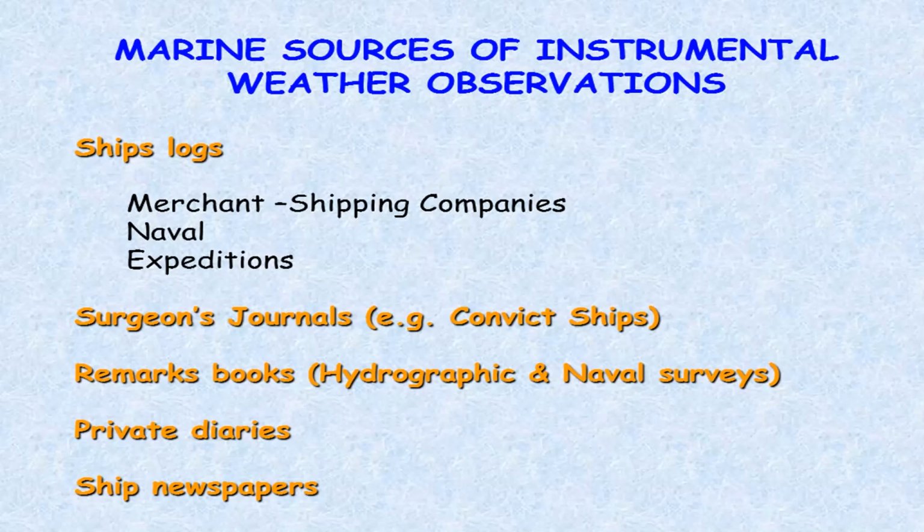There are also things called remarks books. These are basically from the hydrographic and naval surveys. They were done, certainly we've looked mainly at the Royal Navy ones, but a lot of other navies did these as well, because they're looking to see what the conditions were, or map the conditions for the depth of the water, the currents, water supply on land, et cetera, so that the ships can not only navigate successfully and find places to land, but then set up camps and all this sort of stuff. So these are very valuable, and they can have quite in-depth data in them.